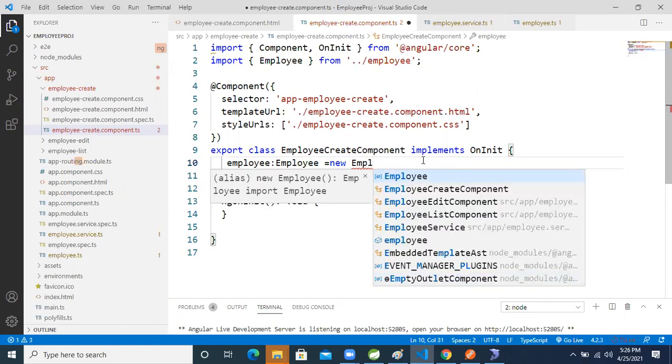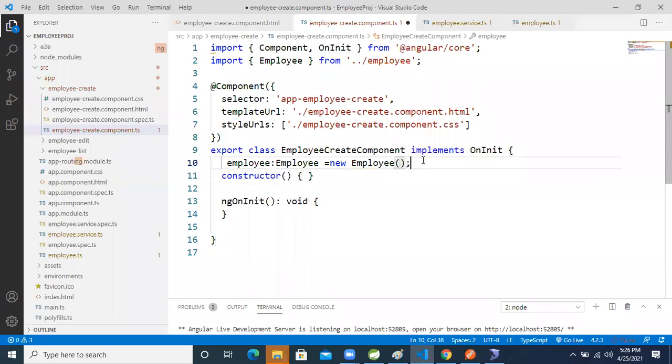Angular means TypeScript, so object creation is like this only. We are creating the object, but here we take the reference variable first in TypeScript. Now, same as we did in the list component, we will do the same here. We will take the service class and need to establish the relation with the service class. So what will we do now?